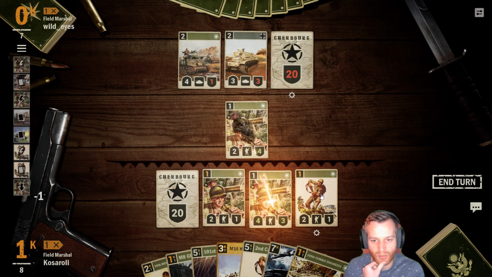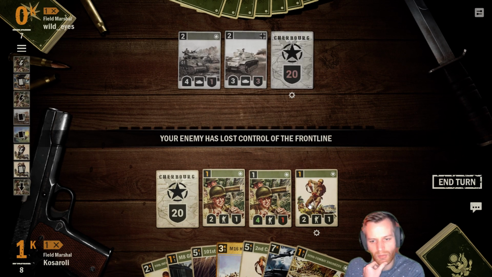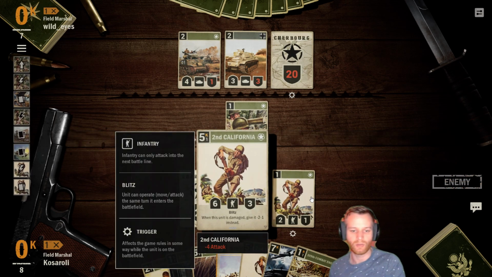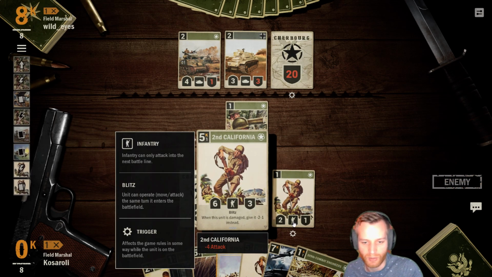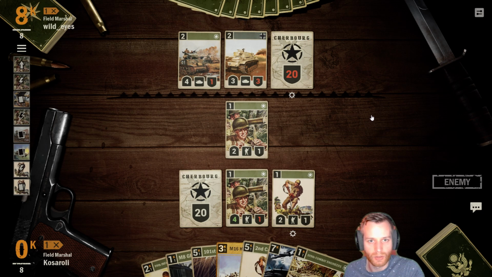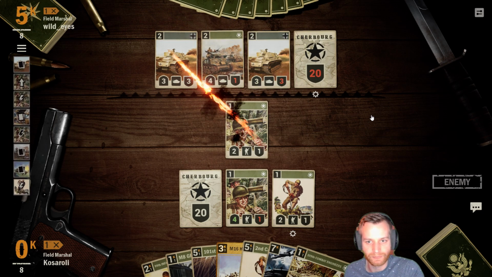And so we'll move this up to the front. Maybe if he decides to bounce this, we can get a nice fully stocked California. So he's still got the upper hand here with what he can do, but